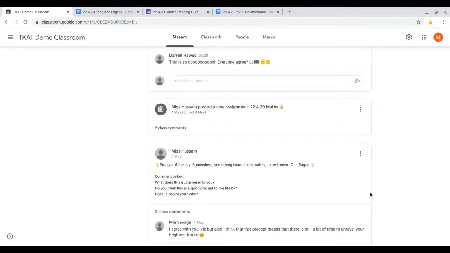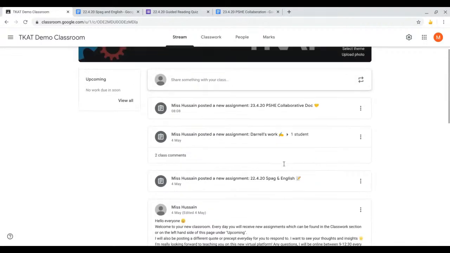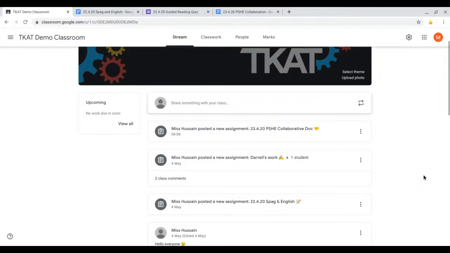As you can see, everything you post appears in the stream. And unless you change the settings, it can become quite cluttered quite quickly. This could become overwhelming for the children and may hinder their ability to navigate around the classroom easily. So if you want to turn off the option where all the assignments are posted on the stream,